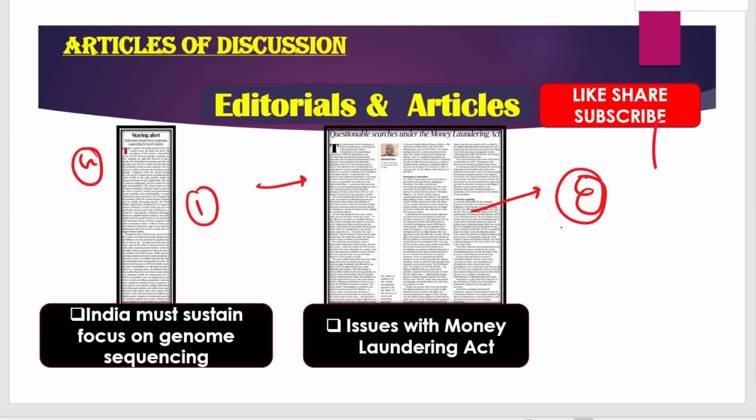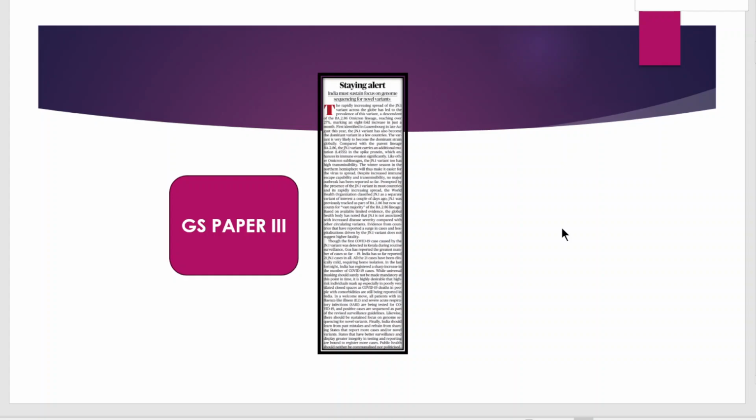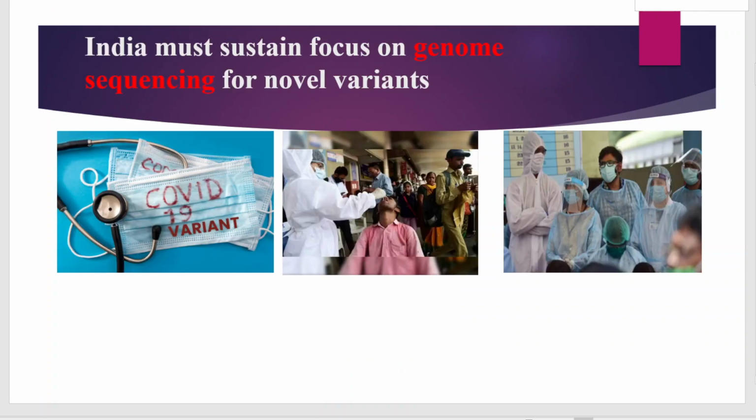So now we are starting our discussion, and the first article you can relate with GS paper 3. Here we will understand from the basics about biology. When we talk about the recent rise in COVID-19 cases, you know that in 2020 there was huge devastation on humanity and there were millions of deaths, and again the fear is rising that maybe this type of incident gets repeated. However, when we talk about the solution, definitely we have to strengthen our infrastructure,